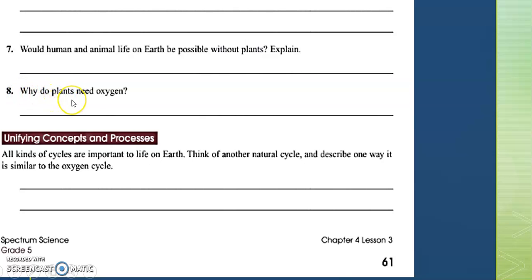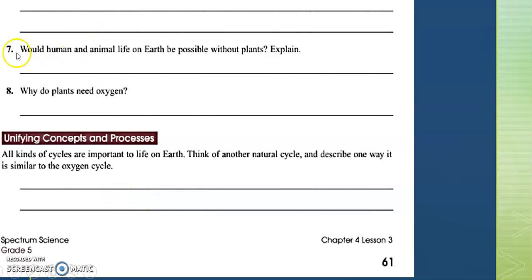Why do plants need oxygen? Why? Well, it's a process, right? If the plants, why do plants need oxygen? Produce oxygen and need oxygen? No, the plants need carbon dioxide from us, but produce oxygen. But it's a process, right? The oxygen is important. More than the oxygen in the plants, I think the light is important for the plants and the water, right? So the last one, you're not going to do it, right?